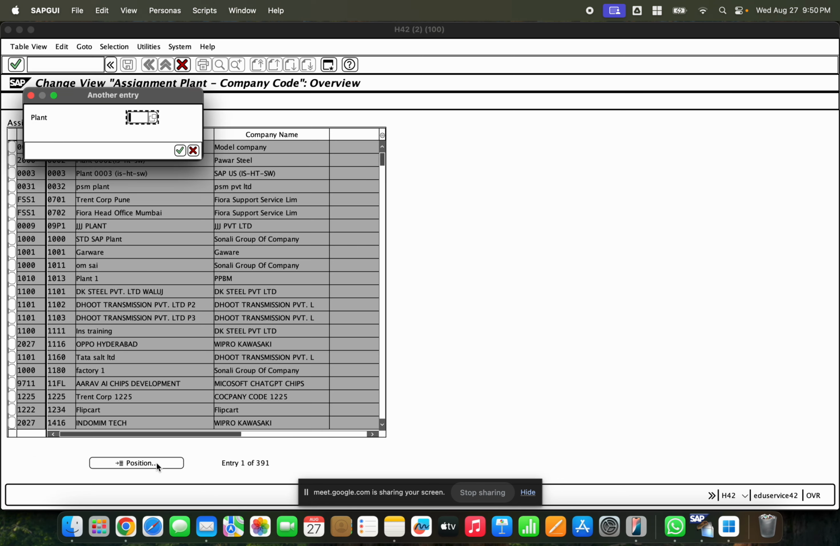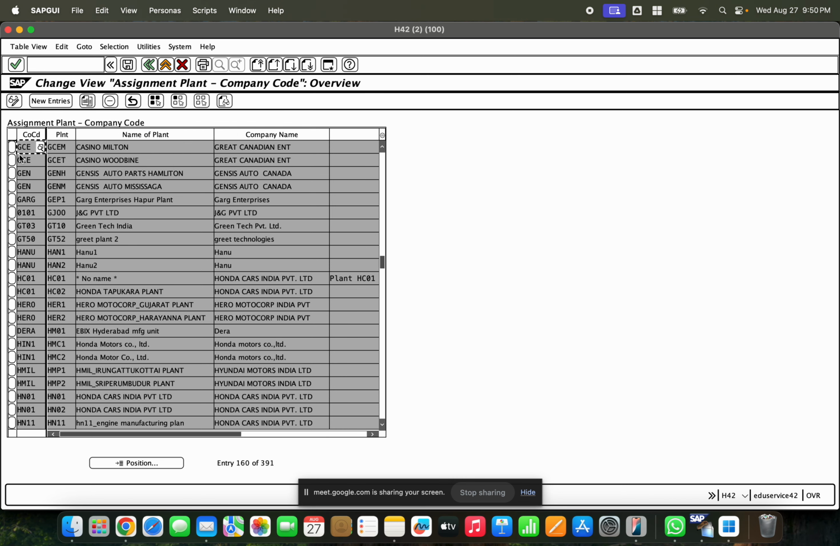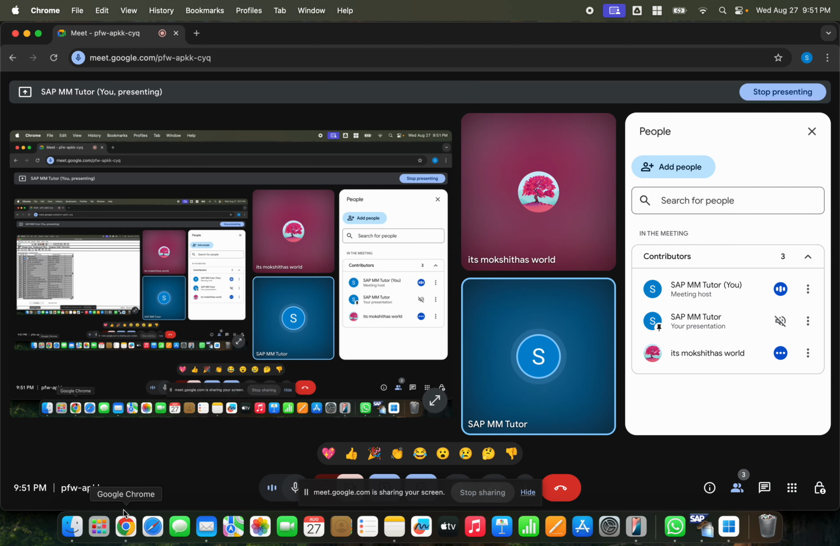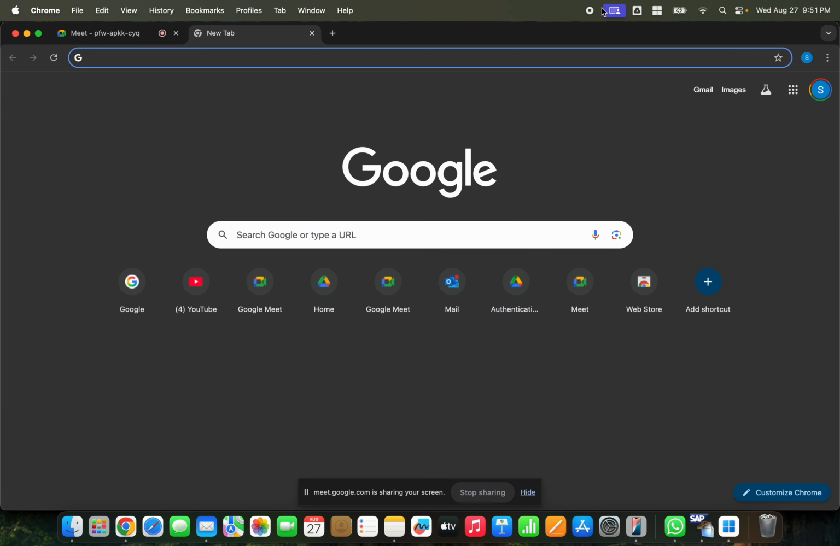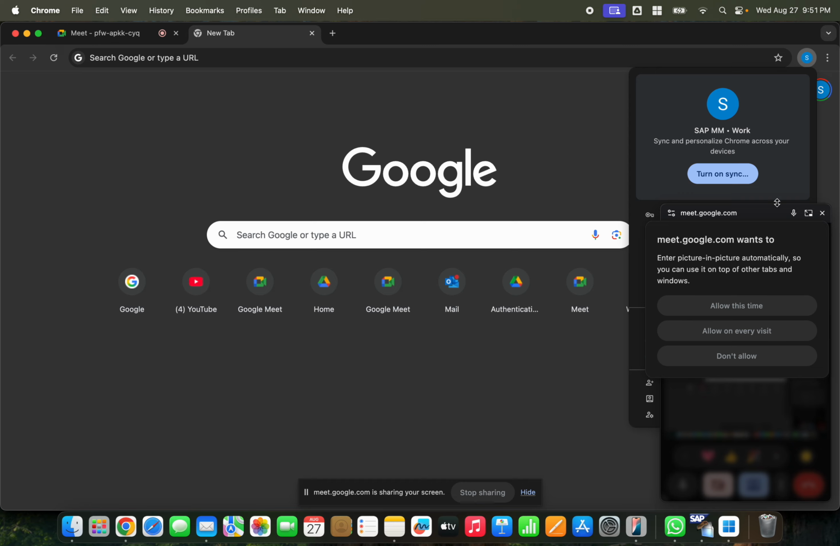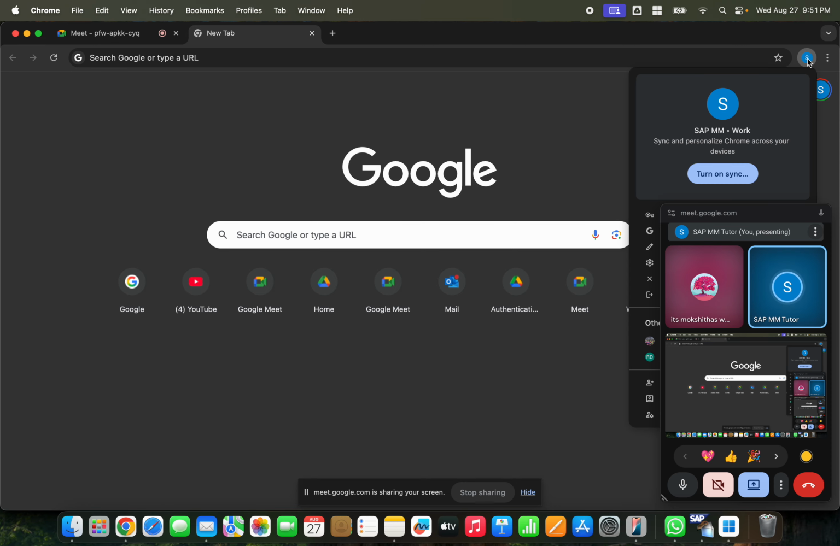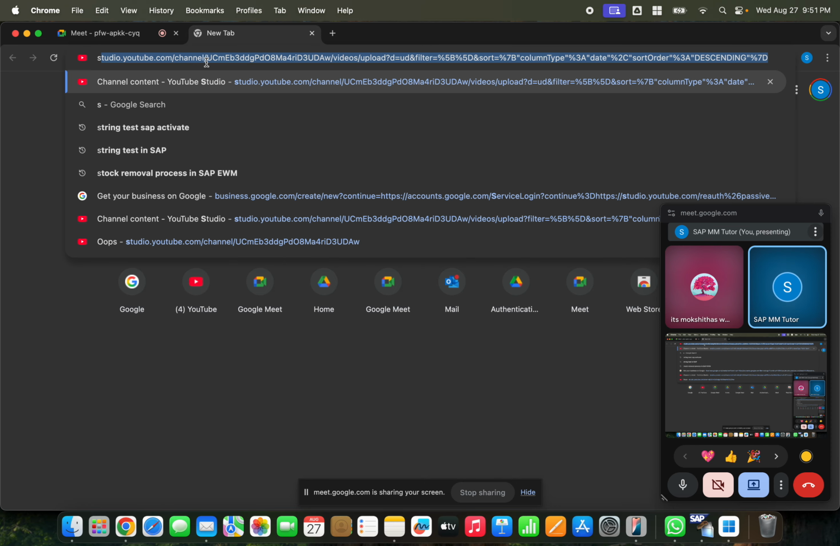So let's see what the plant is here. GCEM we already have, right? We already have GCEM, but we also have one more plant, GCET. One is GCEM and one is GCET. So what I'm trying to do now is transfer the material from one plant to another plant. So let's take the